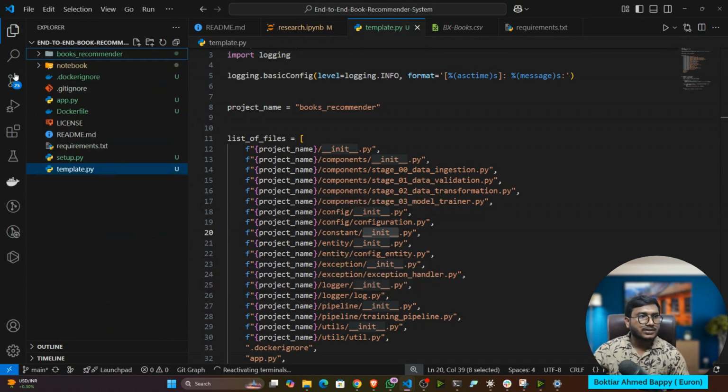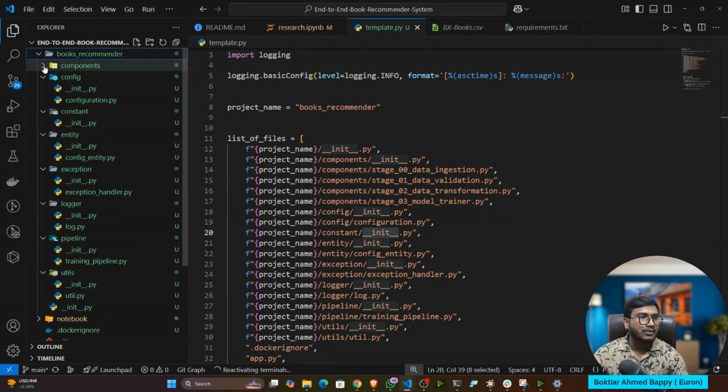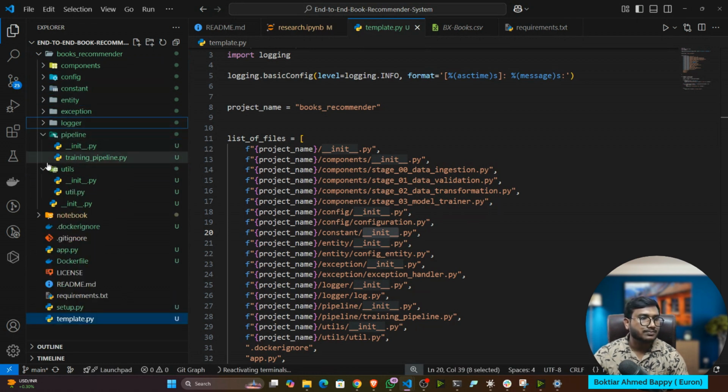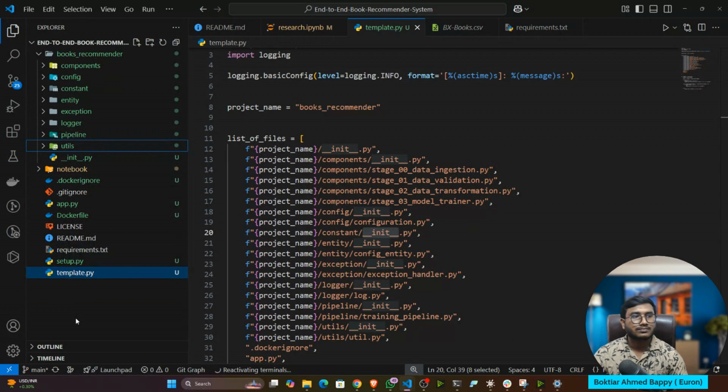So this is our project structure, guys. Okay, project folder structure. Now we'll be writing all the components one by one. We'll try to manage the entire modular coding structure one by one. So let me commit the changes.